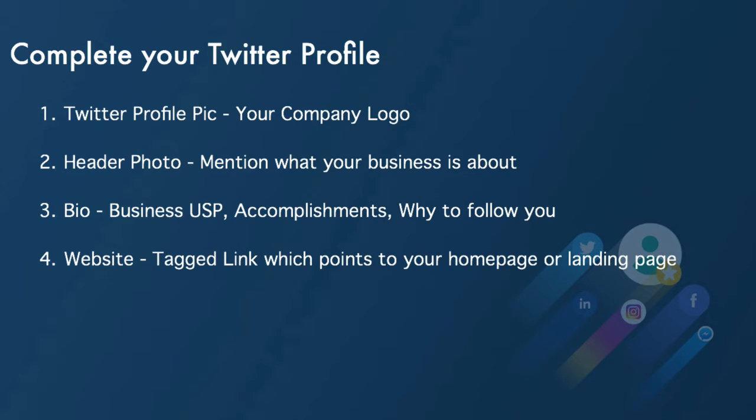And the fourth thing to mention in your Twitter profile is the website. You have to make sure you link to your website. And how you link to your website is by tagging the link. So in my video which talks about how to integrate social media and Google Analytics, I have given a tutorial on how to use the URL builder given by Google in order to track traffic from social media correctly. And that tagged link you have to place on Twitter. Maybe you can shorten that using Bitly or Google and place that URL exactly in your Twitter profile so that people find out more about your business by clicking on that website link.